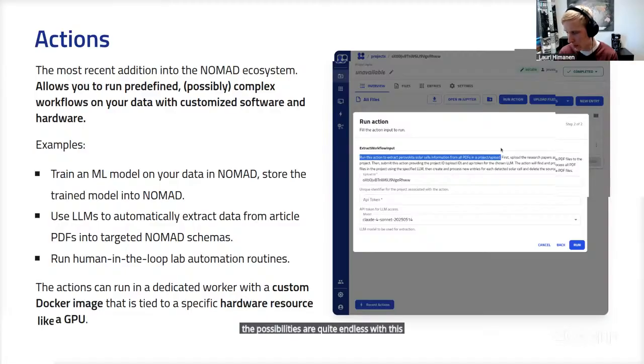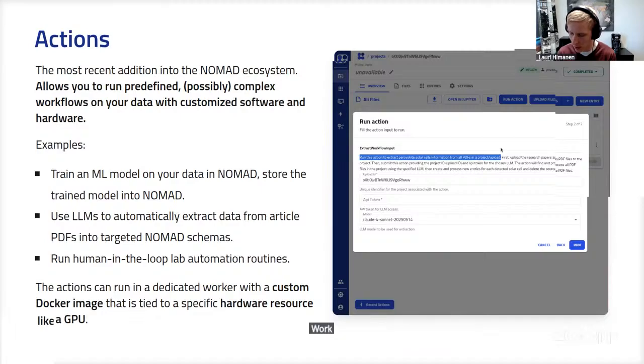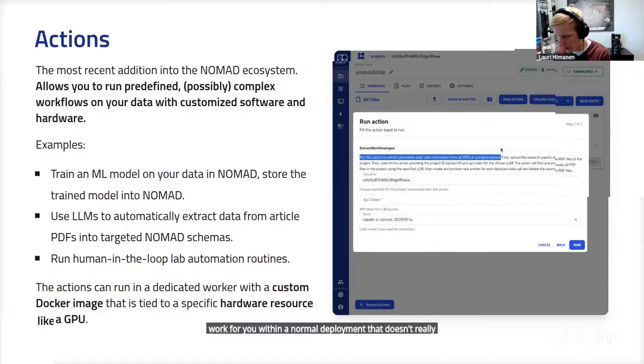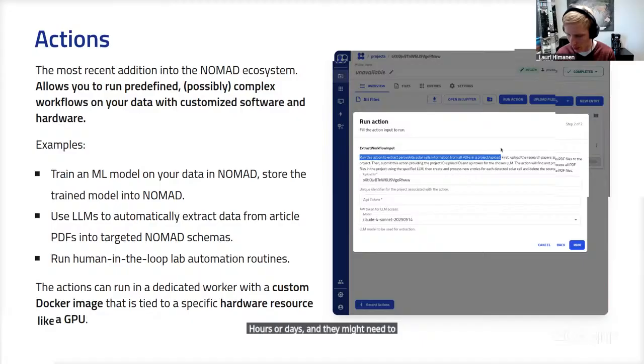And that's why I'm personally quite excited about this, because I think this can really do quite a lot of work for you within a Nomad deployment that doesn't really fit parsing quite as well, because it's really something that needs to run for a long time. For example, these machine learning model trainings really need to run for hours or days, and they might need to run on specialized GPU hardware.